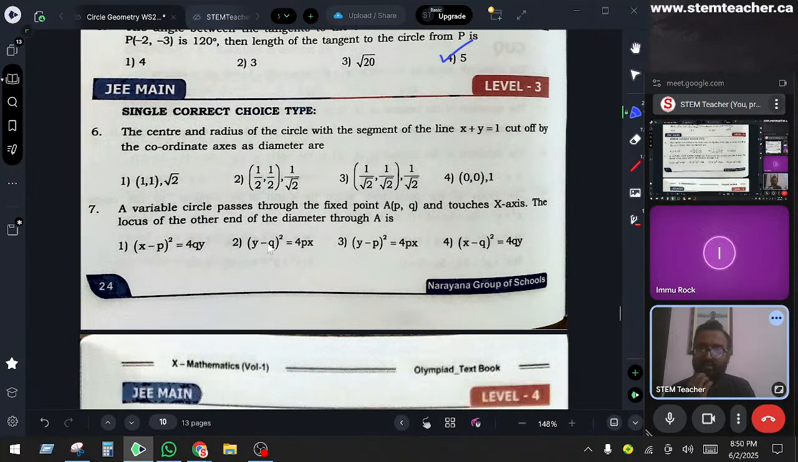Can you read problem number 6? The center and radius of the